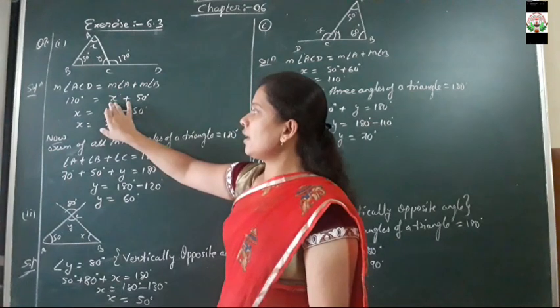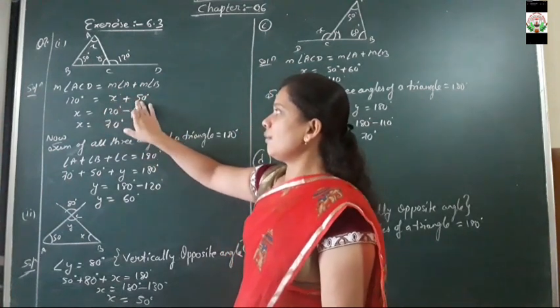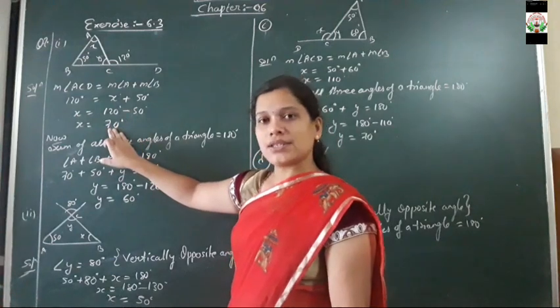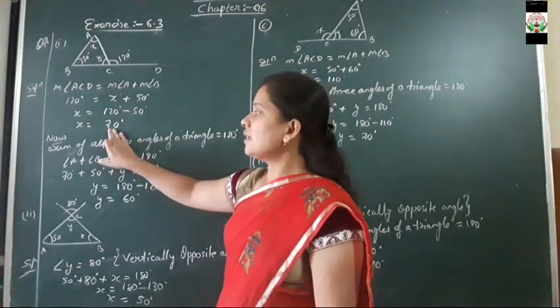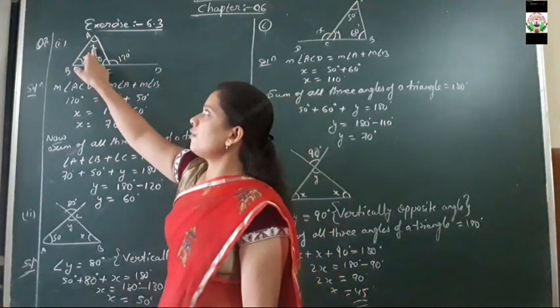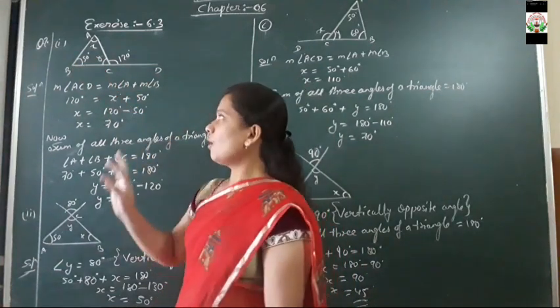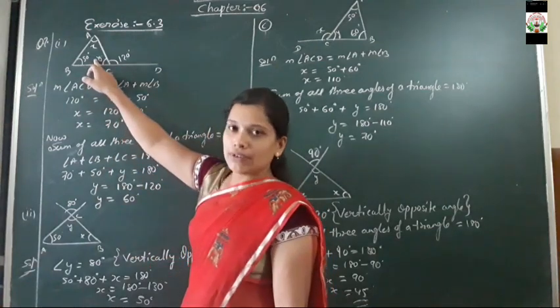We have to find the value of x here, and angle B is 50 degrees. Transposing, 120 minus 50 degrees will become x. That means the value of x we have here is 70 degrees. Okay, we found the value of x over here. Now one of the unknown angles, that is x, is found. Now the value of the unknown angle y we have to find.